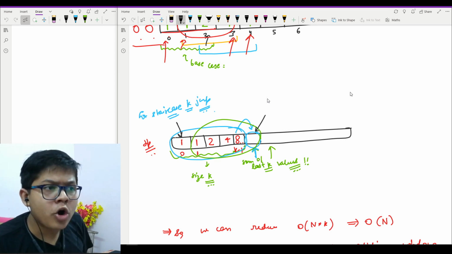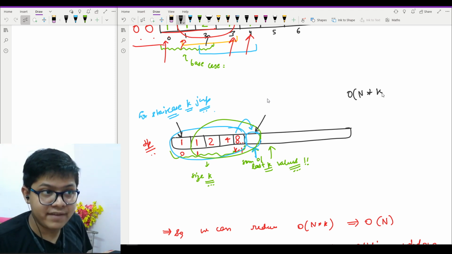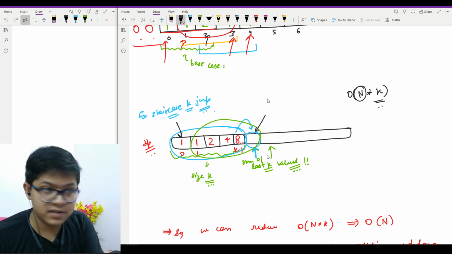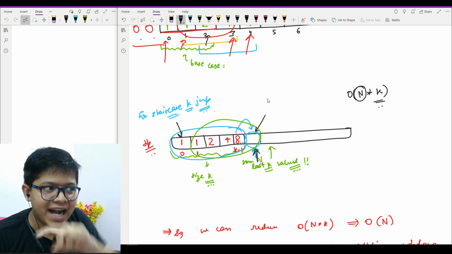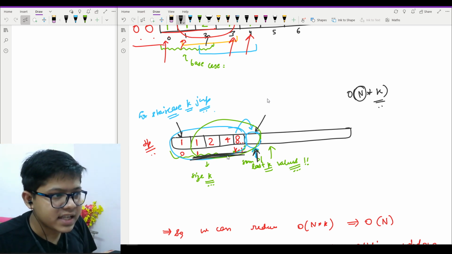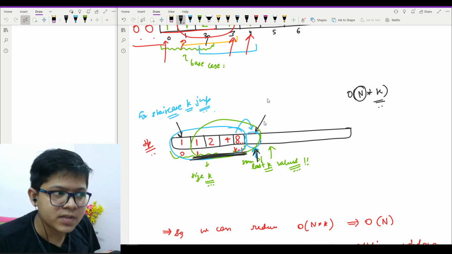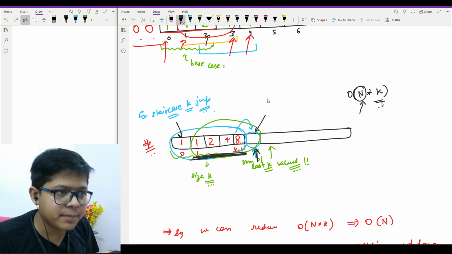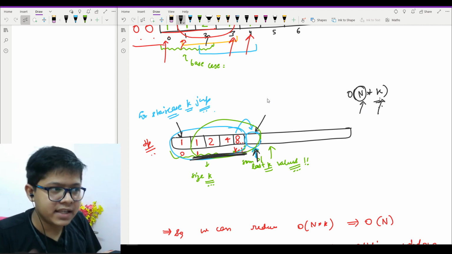So the complexity which I was having as n into k, which means that for every step, I will have to have the sum of last k steps. So for every step, and I have n steps in total, for every step I will have k last ones.